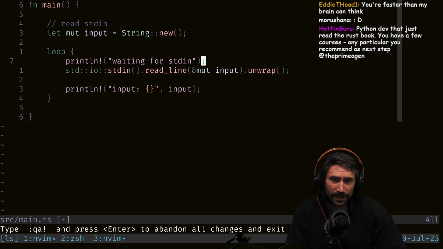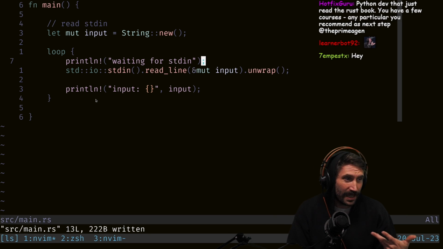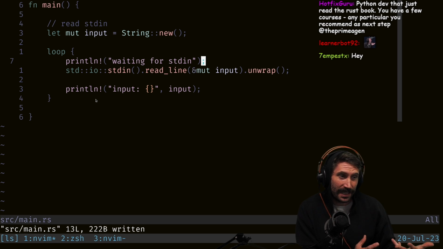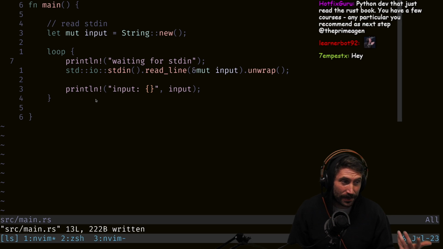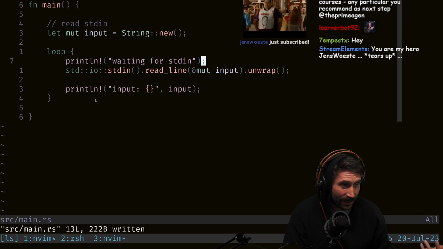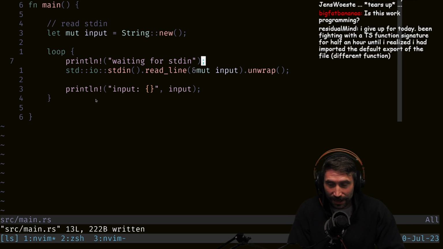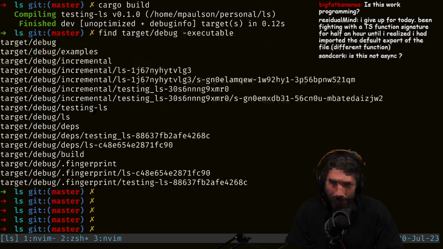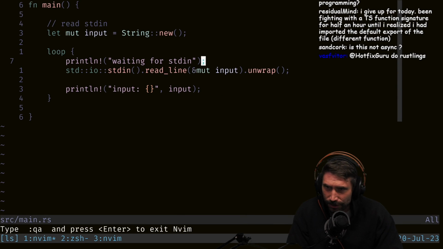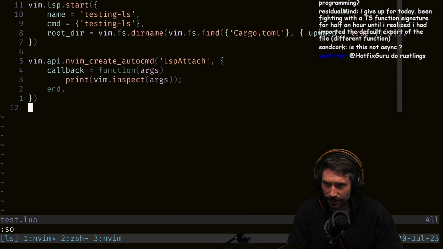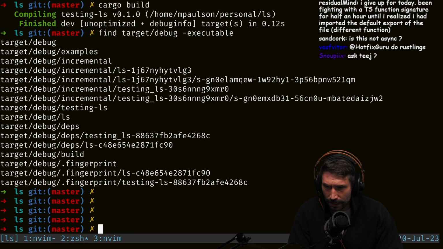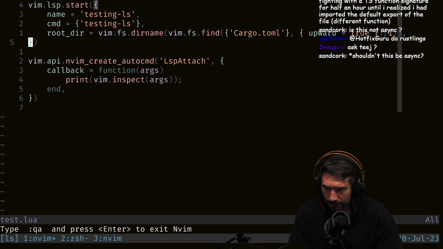I don't know how the communication works in a language server. I think it's IPC. I'm just gonna see, is it like literally a named pipe? Does it go directly into standard in? I don't know how it all works. So I'm just testing things out, and then we're gonna go from there. We're gonna read a little bit, check some things out, try some stuff. And can I do anything like this? So I was hoping this would just connect. Let's see, maybe I can